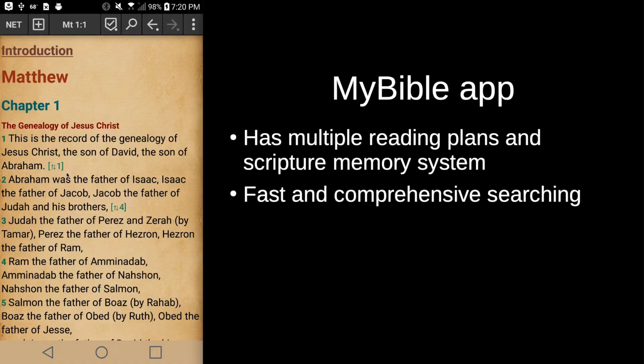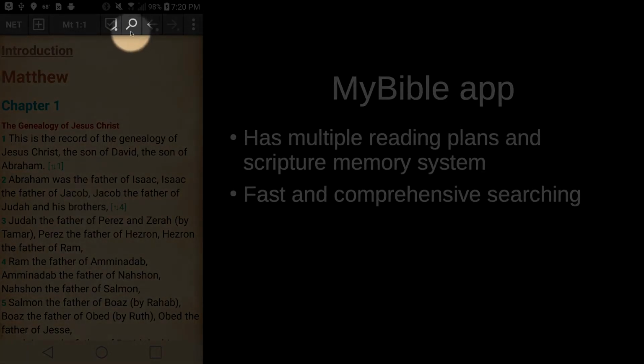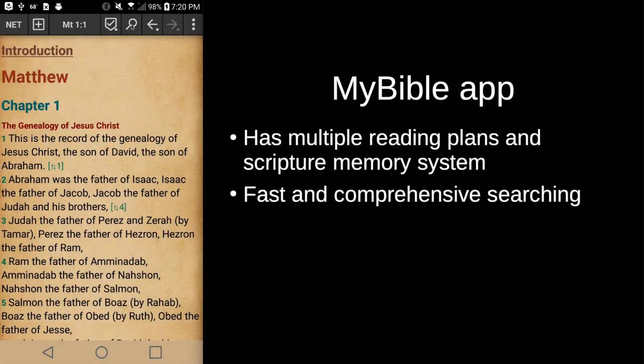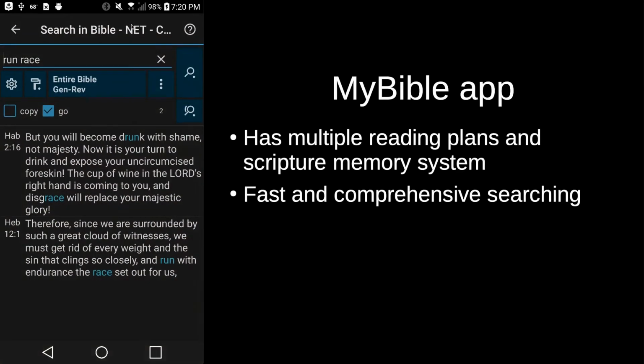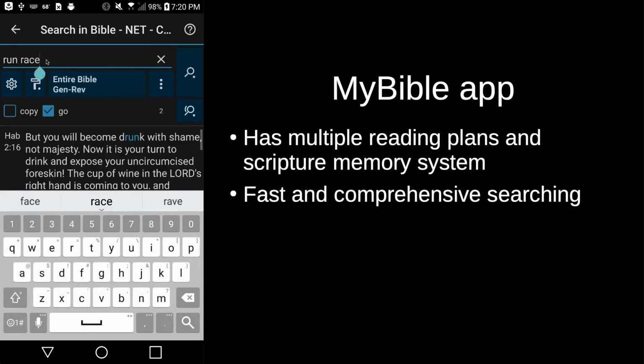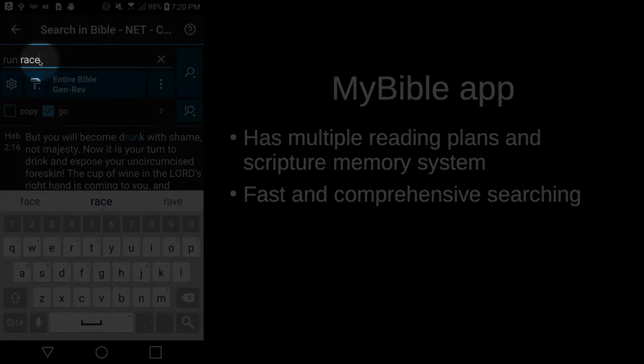The searching is very fast and comprehensive. And so the search symbol, the little magnifying glass, if you tap on that, it brings up the search window, and here you can see I have run and race, and it's done a search on run and race. But we also could do a search on, if we wanted to think about, and I've tapped here to get us up to the search,